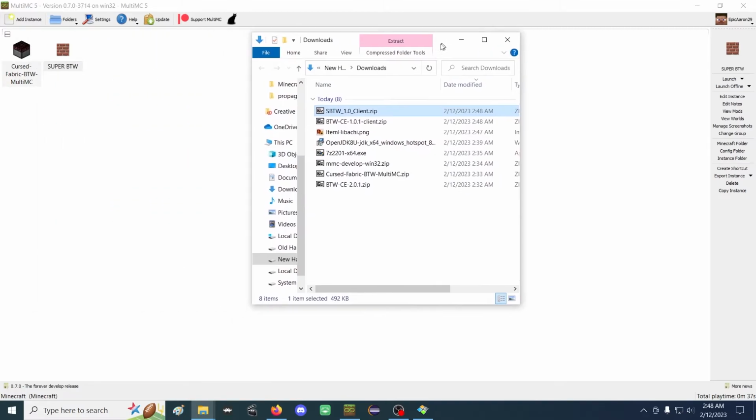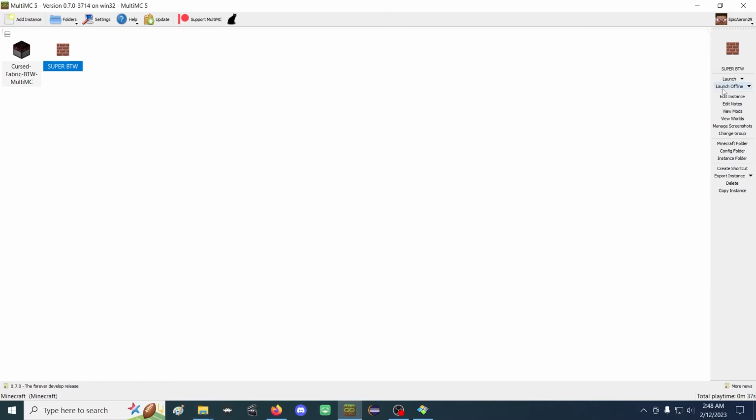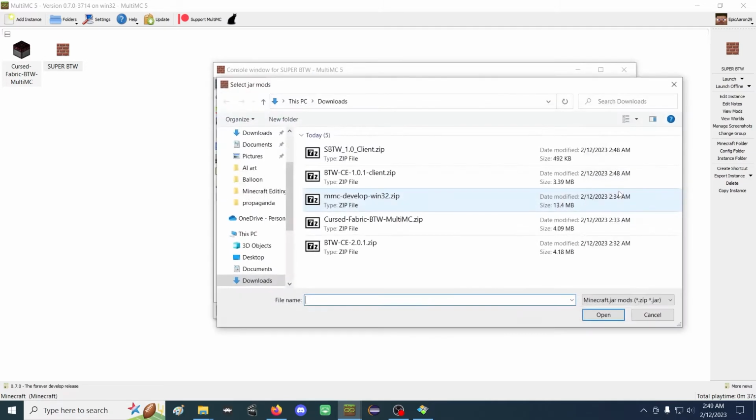Alright, so we've got two zip folders. We actually don't have to open these at all. We just have to go to Super Better Than Wolves, edit instance over in the right, and it immediately opens us into our version folder. We want to add to Minecraft.jar. If you remember the olden days, way back in the day, you would open up a jar file and manually move the mod files into the jar. Like you had to physically mix. You don't. This does it for you now. You just click add to Minecraft.jar,